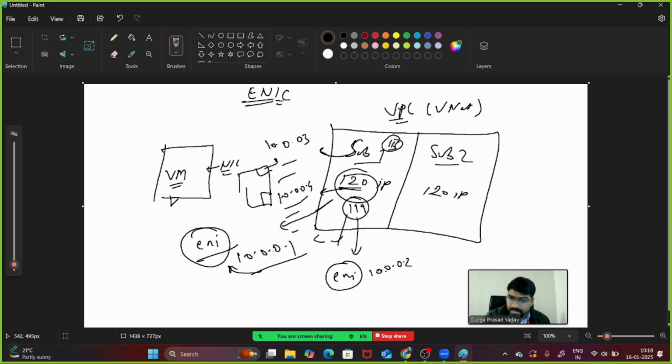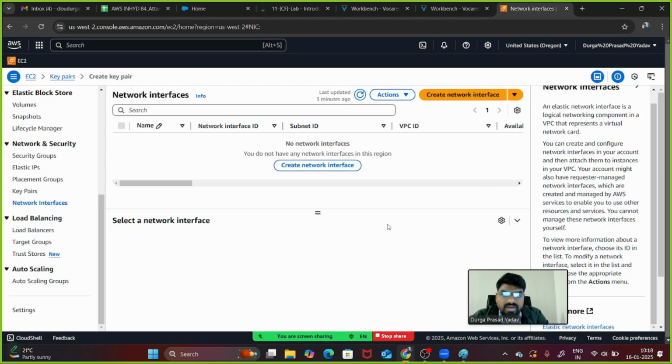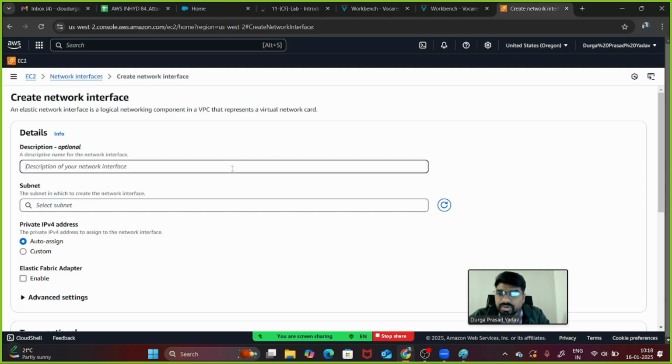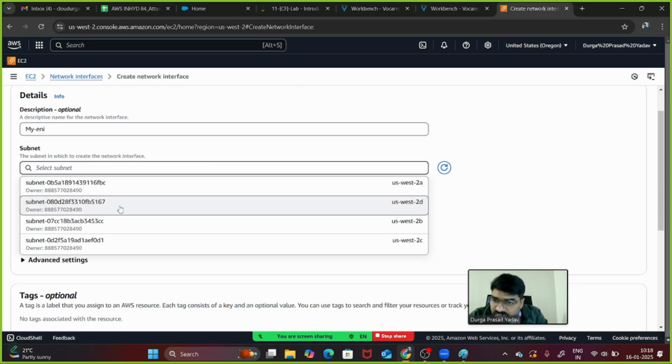Like the same, your network interface card will take one IP address from your subnet or from your network, and the purpose of a network interface card is to communicate from one computer to another computer or from one network to another network. If you create a network interface, guys, and give the name my ENI, now you have to select the subnet, and these subnets come under the default network.